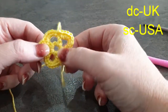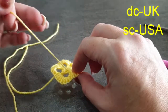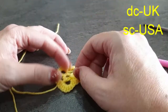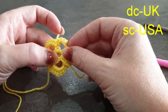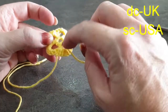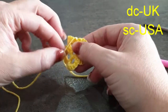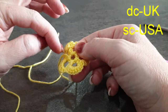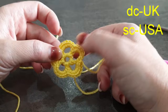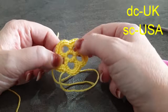So there you have it. It's a really simple flower to make. And then just grab a yarning needle, and you just sew in your threads. Doesn't matter where, you just go under your back stitches anywhere, pull it over, just sew under your back threads and snip, and that's it. It's very simple. That was a really quick flower to make,